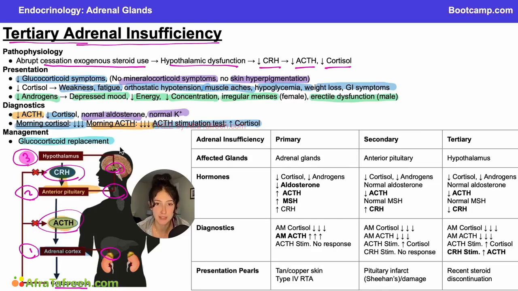So if you ever hear stress dosing of steroids, that is basically what that means. We are increasing their steroid dose to stimulate what the body would normally do in times of stress. And now that we've gone through all of the different types of adrenal insufficiency, let's review by walking through this